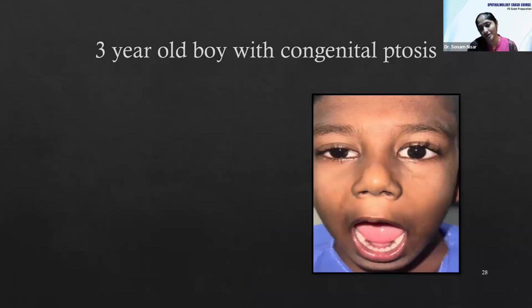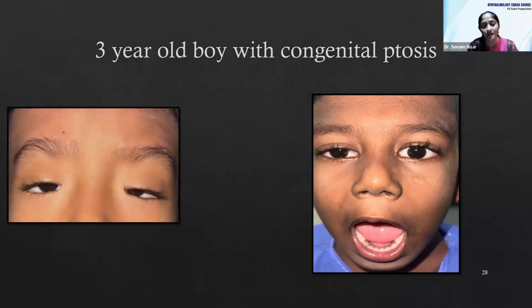And here is another patient. You can see here. Why have I shown this picture? Because this is a case of Marcus-Gunn jaw winking ptosis. You see that when the patient is opening his mouth, it's almost symmetrical. Now, in these cases, there are two options that you can give to the parents. One is if you want to get the jaw winking reflex negated, you have to do an LPS excision followed by a ptosis surgery, or you can just do a frontalis sling surgery, which will dampen the Marcus-Gunn jaw winking